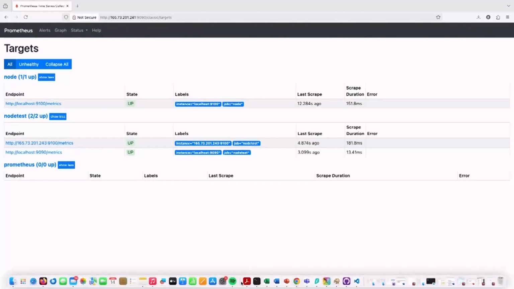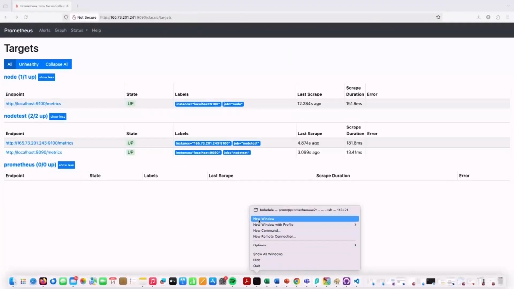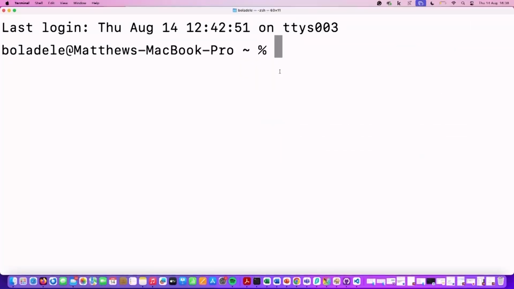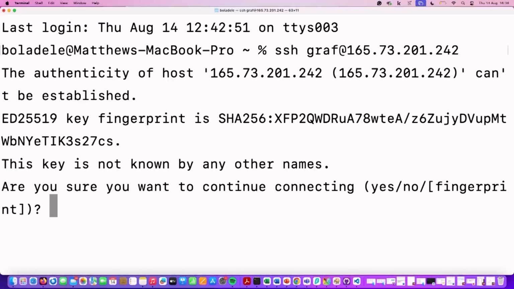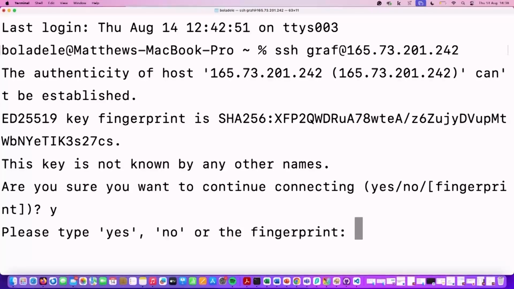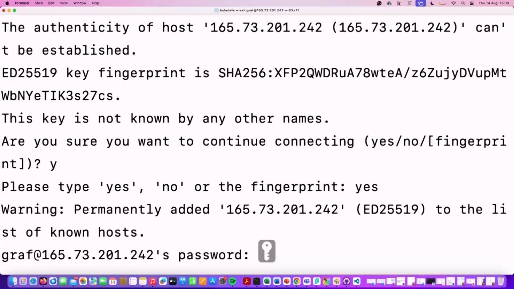So what I will do now is open my terminal, then quickly SSH into the Grafana server. The username is graph at 165.73.201.242. Yes. The password is